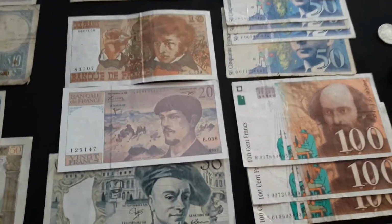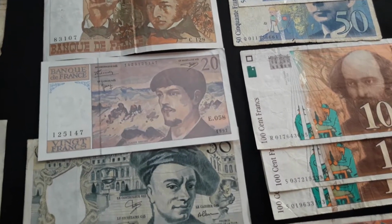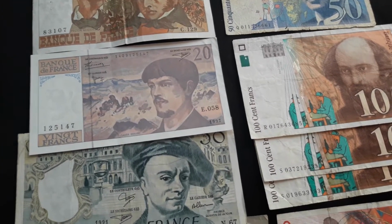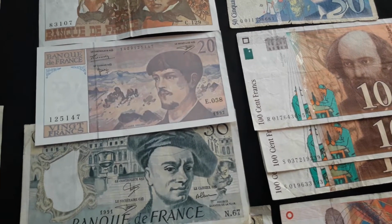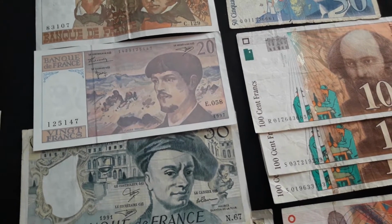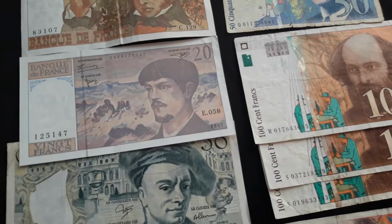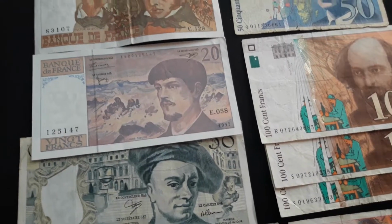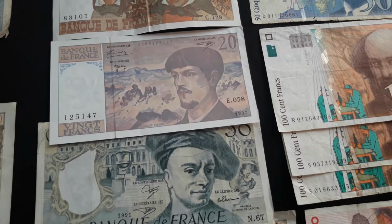And now a little bit of info about the French franc. The franc, also commonly distinguished as the French franc, was a currency of France between 1360 and 1641. It was the name of coins worth 1 livre tournois, and it remained in common parlance as a term for this amount of money. It was reintroduced in decimal form in 1795. I believe France was one of the first countries that adopted the decimal form since 1795. After 2 centuries of inflation, it was revalued in 1960, with each new franc being worth 100 old